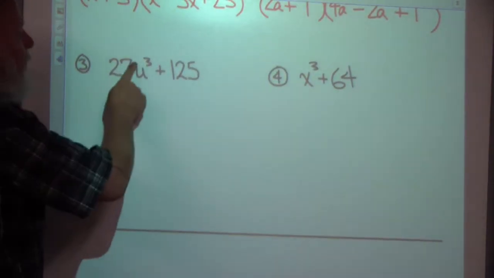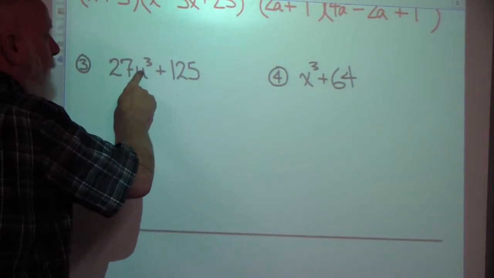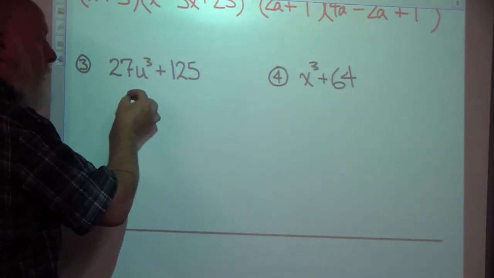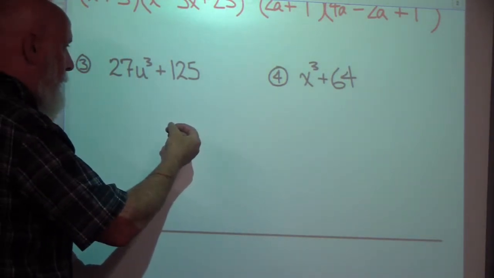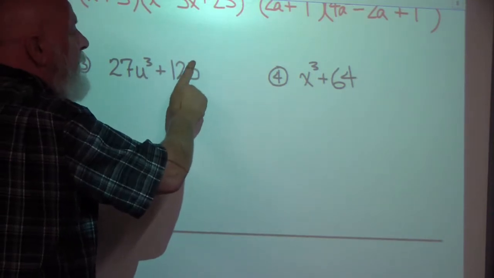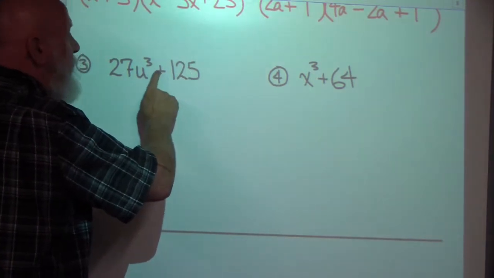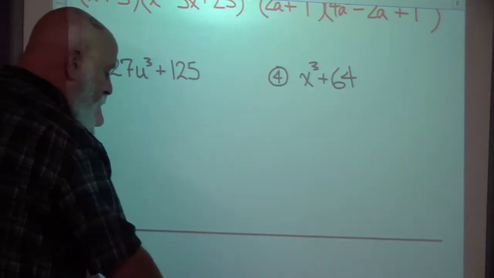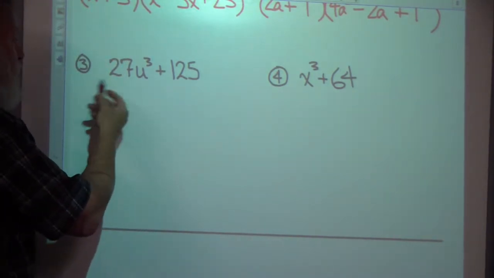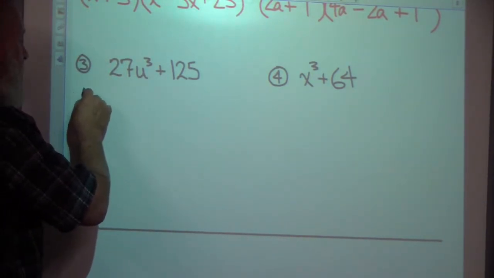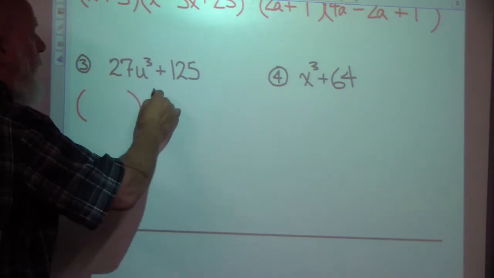I look here and I say, hey, here's 27, u to the third power. So this is 3u times 3u times 3u. Plus, this is 125, that's 5 times 5 times 5. So this is a sum of two cubes. That means it will factor using the sum of cubes pattern, which is a binomial times a trinomial,